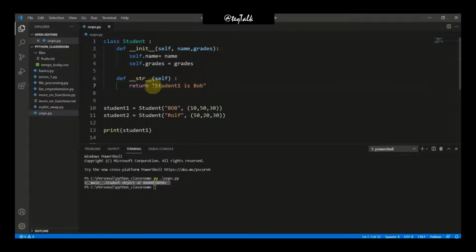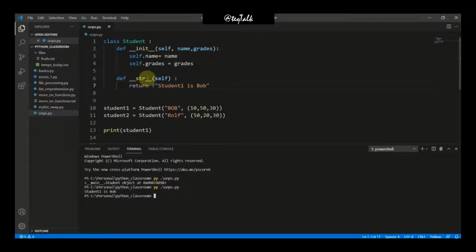And we have to print it like this and save it. And whenever I'm running it, now you will see that I'm going to have this output for printing student1, that student1 is Bob. That means this is an understandable output that is saying that student1 is Bob.